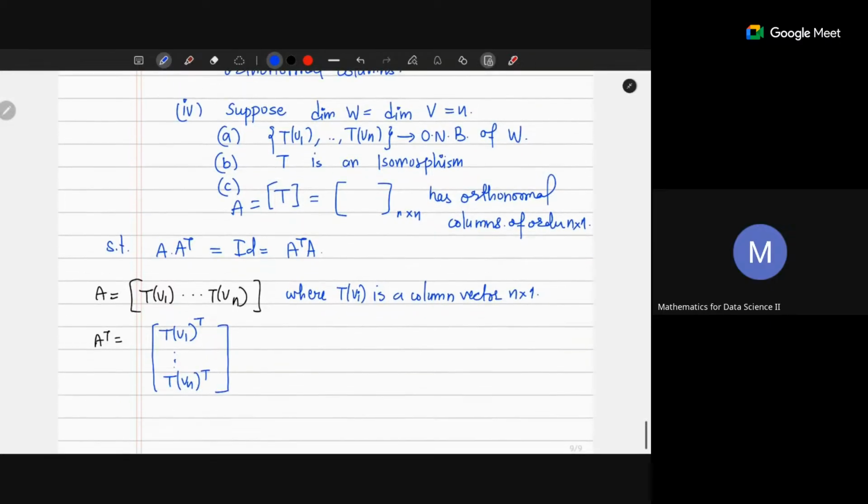Now if I do the multiplication, A times A transpose is going to be Tv1 up to Tvn multiplied with Tv1 transpose up to Tvn transpose. And if you multiply, it is